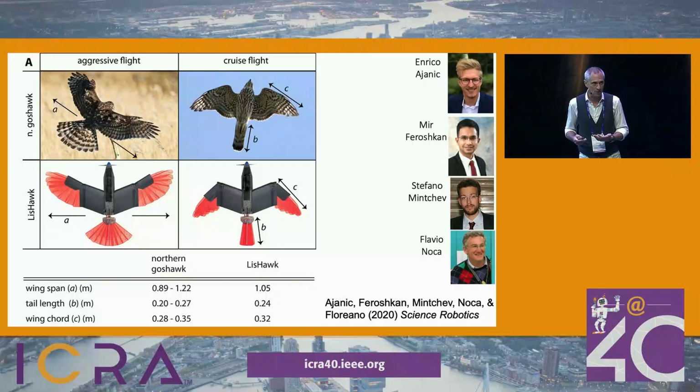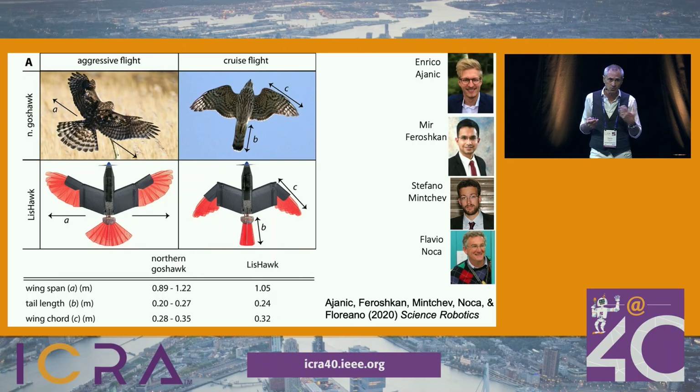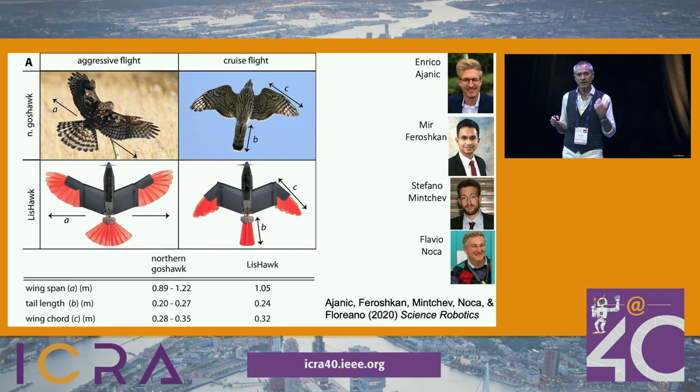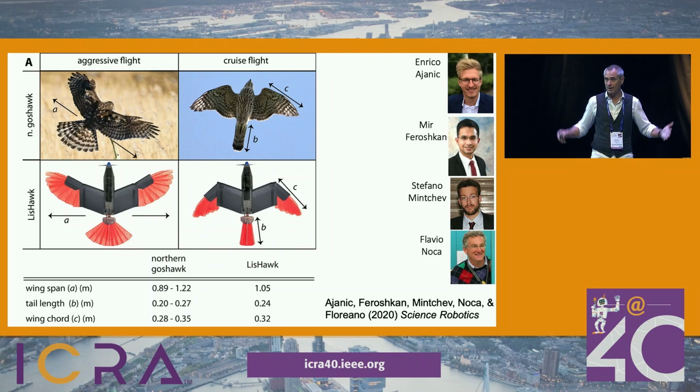Well, we can build robots that approximate some of these morphing capabilities. And in particular here, I show you one that we built some time ago. It's a drone that is modeled partly on the northern goshawk. It's an animal that can fly very efficiently for tens or hundreds of kilometers with just a few wing flaps, and at the same time is a very agile predator. And what we developed here are artificial feather wings that can morph their surfaces asymmetrically or symmetrically, as well as their tail. The drone still has a propeller because it cannot flap the wings.